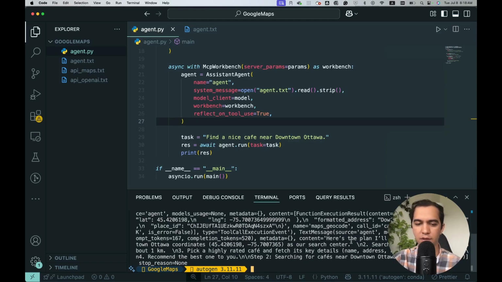Here it says, here's the plan I'll follow. 1, use downtown Ottawa coordinates, which is this one. 2, search for nearby cafes within about 1 kilometer. 3, pick a highly rated cafe and fetch its key details. And now we're in step 2, searching for cafes near downtown. And you see, nothing happened afterwards. So